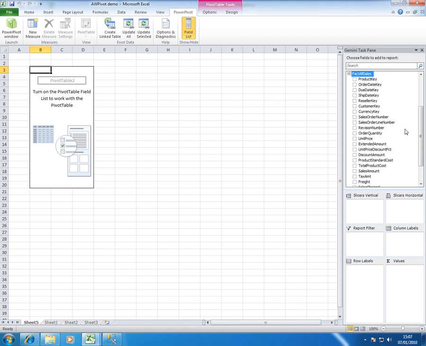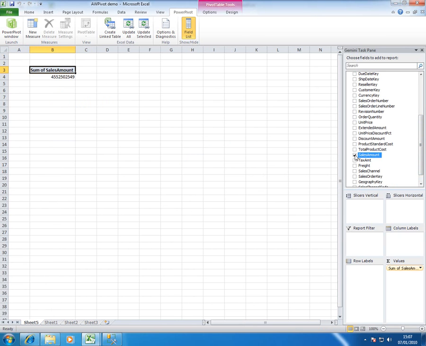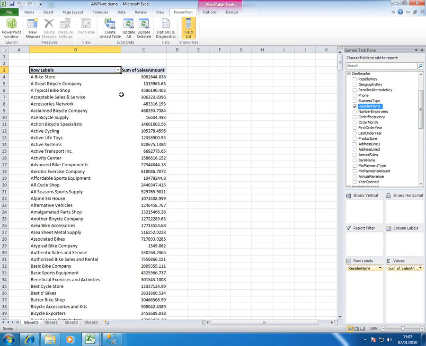Now if I was using Analysis Services or other sources of data, then I could just put in some number, for example the sales amount here. Up comes the sales amount data, and then I would go to some other dimension, say for example reseller, and pick up the reseller name, and magically I now get a report showing me how much each reseller has sold. Now I say magically because if we go back to PowerPivot,